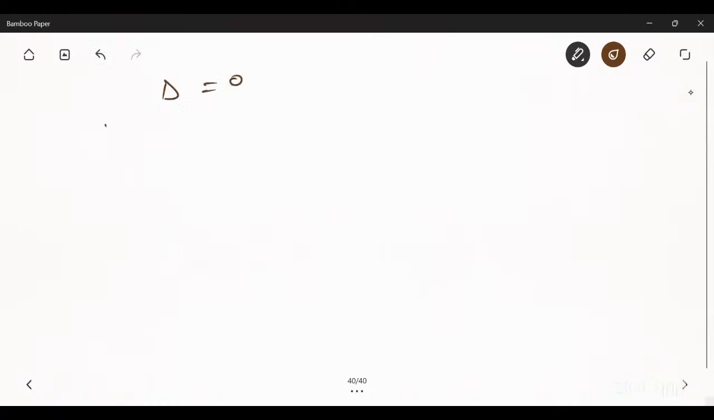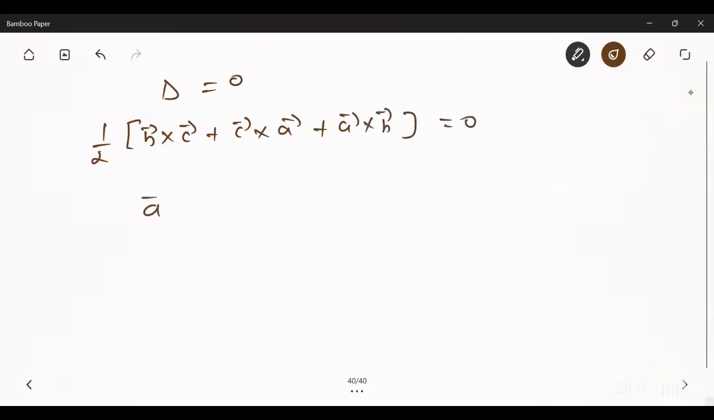Delta equal to zero. That means B cross C plus C cross A plus A cross B equal to zero. If these two multiply with that side, so A cross B plus B cross C plus C cross A is 0. Next identity is